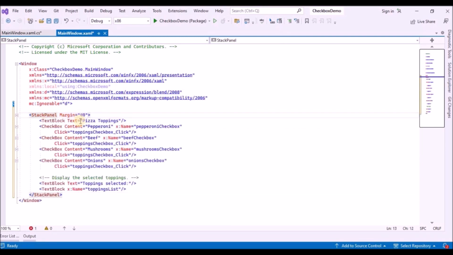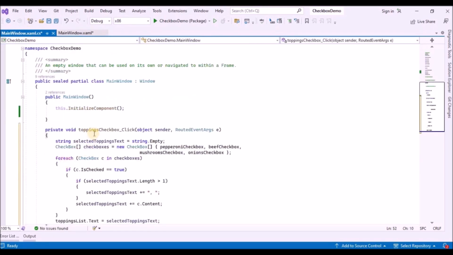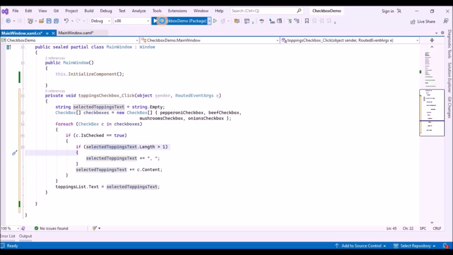So here I have the stack panel, and we have a text box called pizza toppings. Then we have a checkbox, the pepperoni checkbox, and it has a Click event. And if you observe, we have the same Click event for all the checkboxes. And then we have different names for each checkbox and different content. And finally, we have 2 text blocks. So let's make the changes in the code behind, in the code that I have. So now if I run the application,